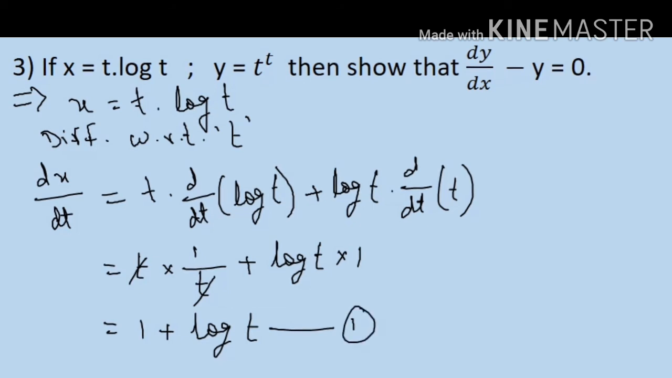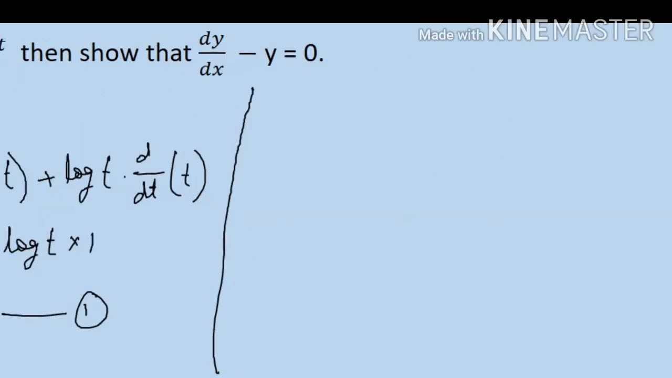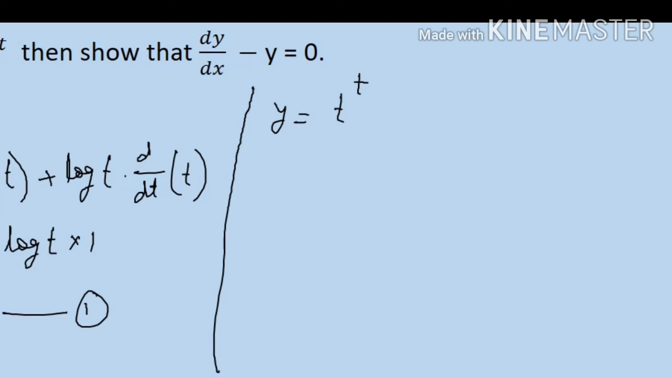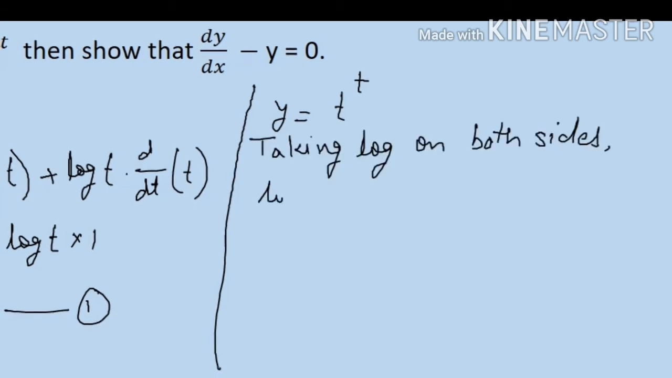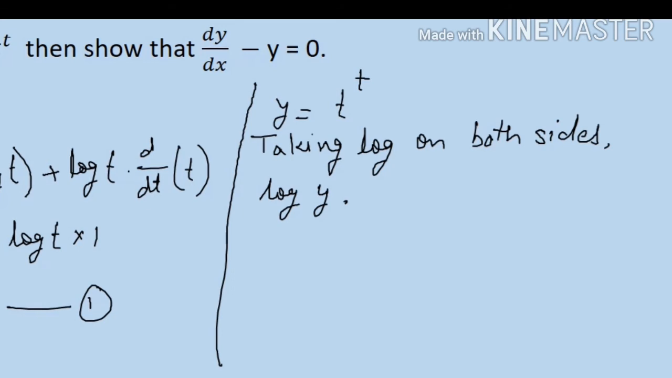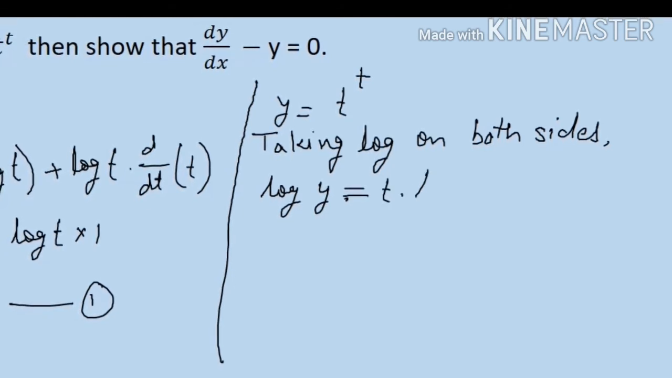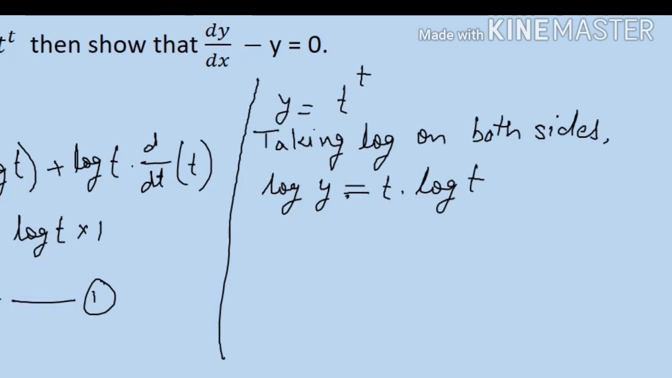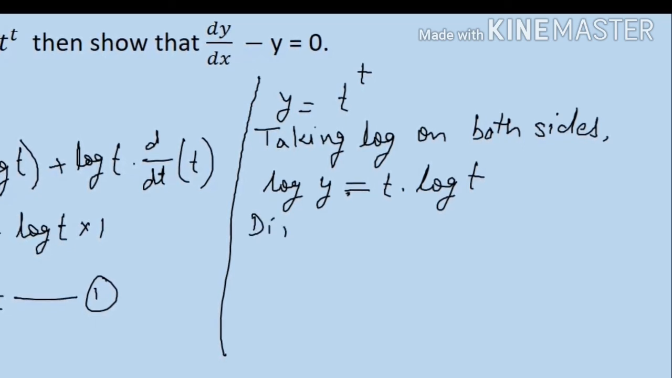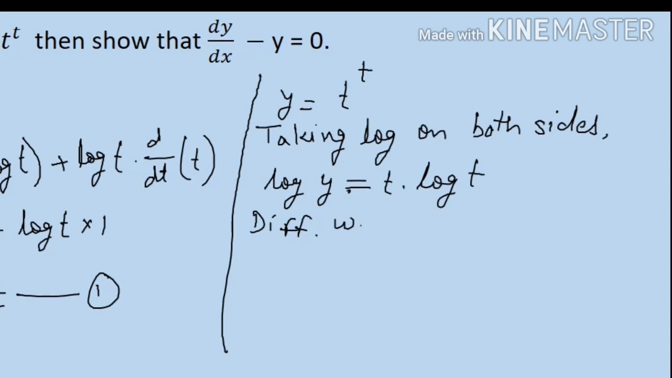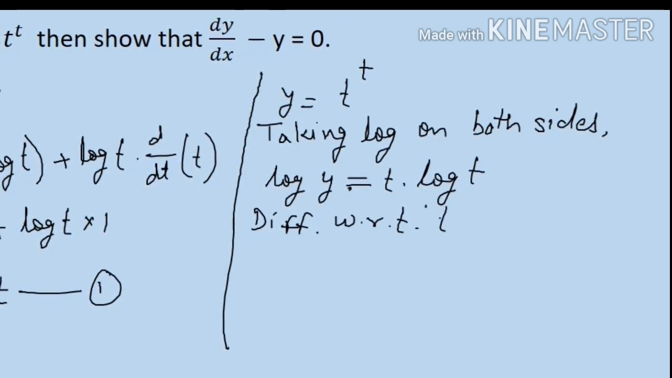Then we have to find dy by dt. Y is equal to t raised to t. Now see, this is of the form f of x raised to g of x. That means we have to make use of the logarithmic function. So we'll write, taking log on both sides, log y is equal to t into log t. Now you know this. Now differentiate. Differentiating with respect to t,